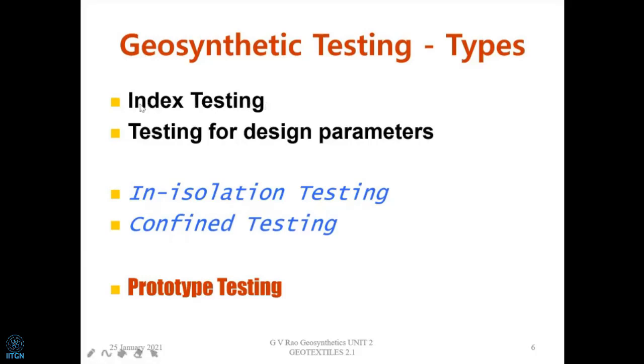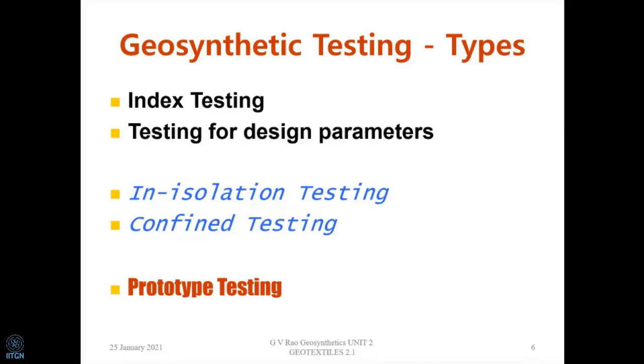What is index testing? It's something like, not necessarily, but something like classification. In classification, we are getting liquid limit, we are getting plastic limit, we are going to say the sandy soil, we are going to say clay silt. So all that is giving you some idea of correlations. This here is not exactly like that. It is quite possible that we may not be able to test in the realistic sense. So we simplify the testing procedure in such a way that it is amenable for routine testing. So that is called index testing. From index testing, we may use it for classification, we may use it for correlations, but also sometimes we pick up a particular value for our designs.